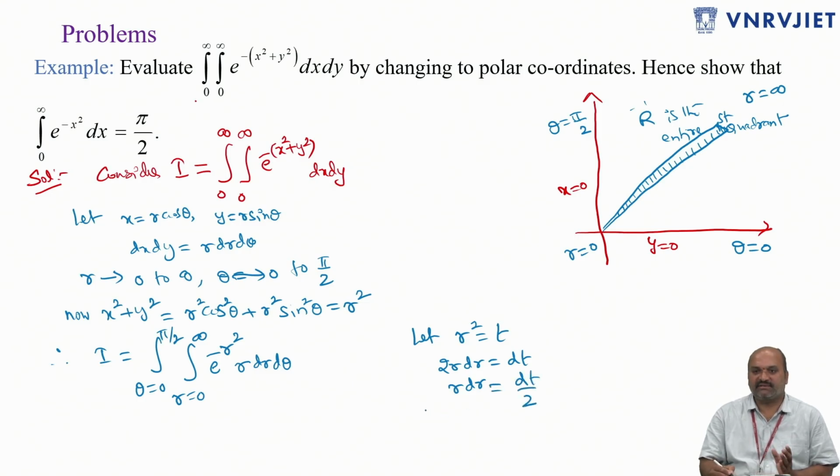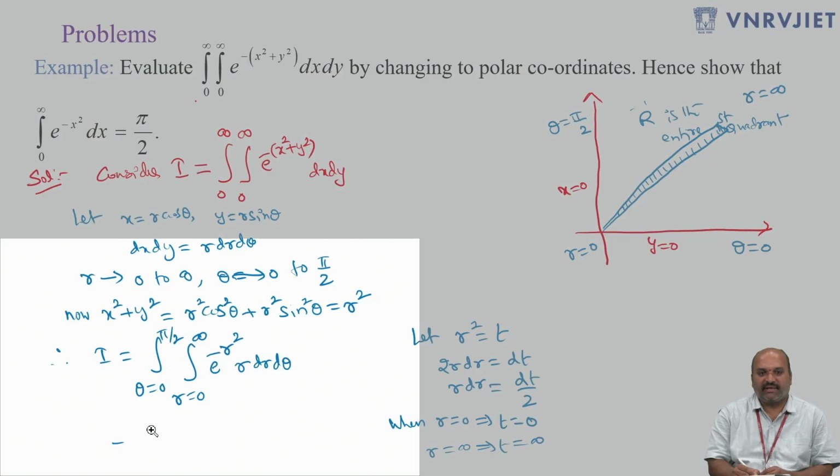And what are the limits? Since we are using the substitution r square equals t, we have to determine the corresponding limits for t also. Now, what are the r limits we have? When r equals 0, t equals 0. And if you put r equals infinity, then t becomes obviously infinity. Okay. So now if you substitute here,